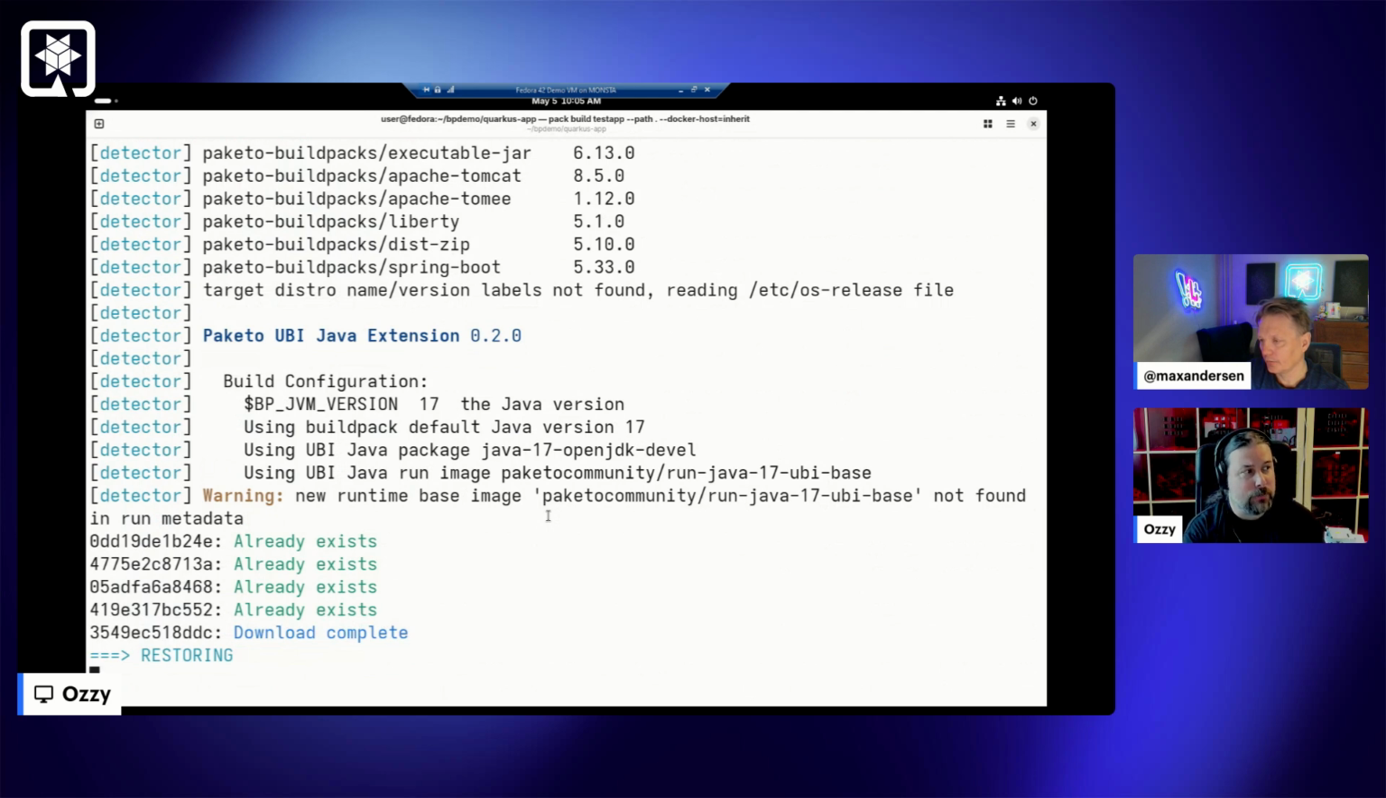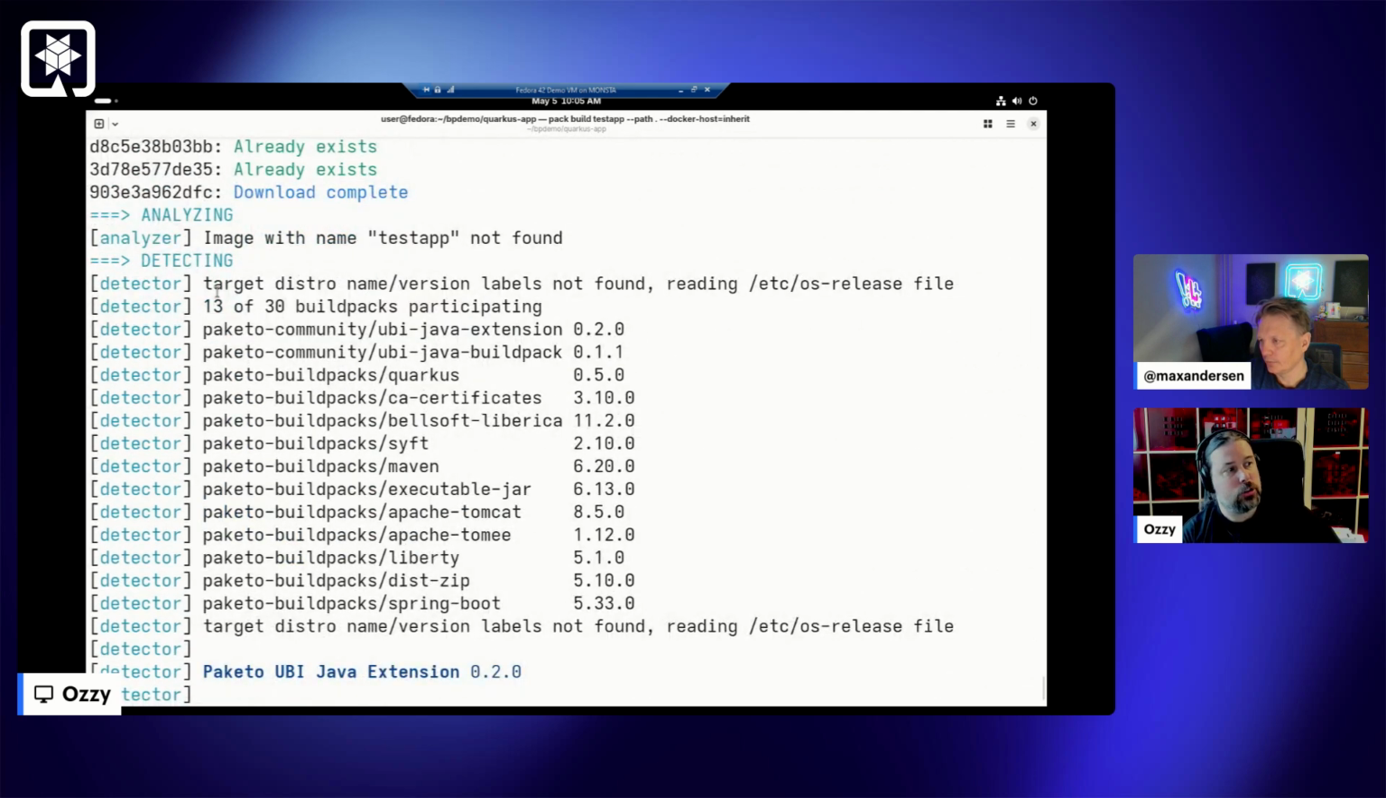And the log information is fairly similar. Do you remember when I was saying that detecting would pick which things were going to participate? This is what we're saying there. So it's telling us that 13 out of 30 buildpacks will participate within this build. And you can see that we're using the Java extension and the Java buildpack, and then Quarkus, which is setting up all of our